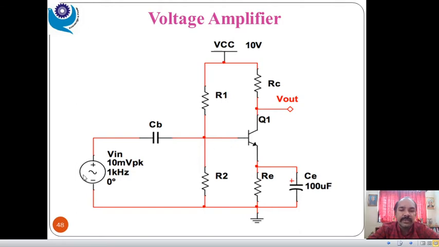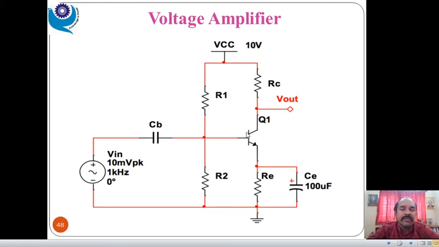When we give the input signal, this transistor amplifies that signal, because by applying the input signal a base current flows, and due to the base current a collector current IC flows, which is nothing but the output current. That output current depends upon the beta of this transistor. Beta is nothing but the current gain of an amplifier, or transistor, in common mode.